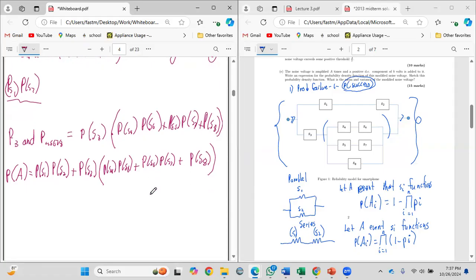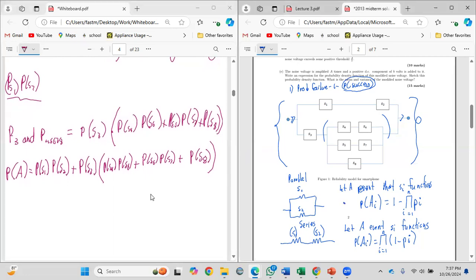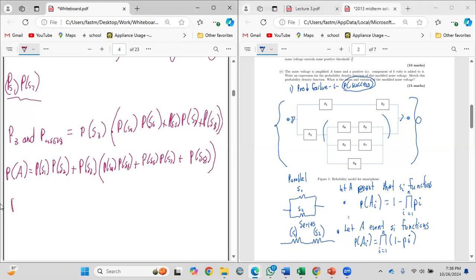Alright, so now what we need to do to finish the question, we have to use this that we'll be trying to get down here. So all we did was get the Boolean expression for the circuit itself. We didn't really do much in terms of the calculations. So when it's in series, it's 1 minus pi, and in parallel, it's just 1 minus the sum of all of that. So what we could do now is just run it. So remember, pi is the probability, right? So to finish it off, these two are in series, so we'll use this one down here. So it'll be 1 minus P1, 1 minus P2, and then it's in parallel, so plus, and this in series,